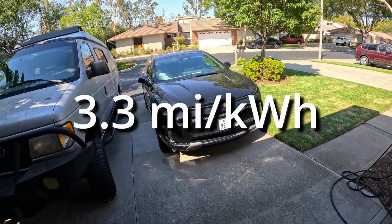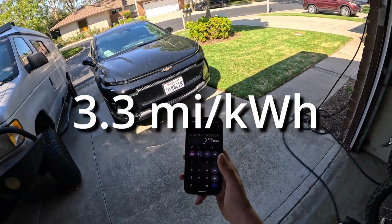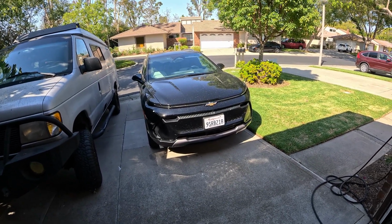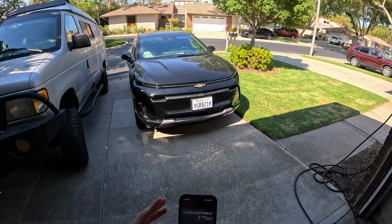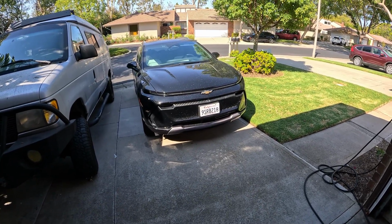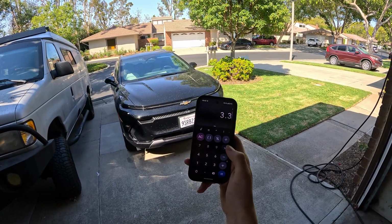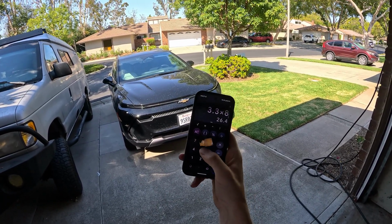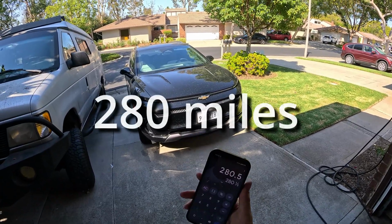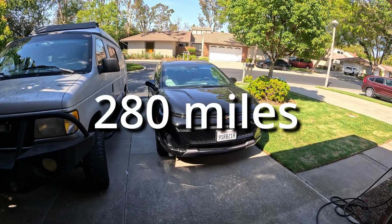So a little bit more optimistic than the vehicle's readout, but theoretically speaking, if we're figuring about a 90% charging efficiency, maybe the charger is a little bit more efficient and the car took a little bit more charge. But I think somewhere 3.2 to 3.3 miles per kilowatt hour is a great figure here for the Equinox EV. So we take that 3.3 miles per kilowatt hour and multiply it by the 85 kilowatt hour battery pack. We're looking at just a hair over 280 miles of highway, 70 mile per hour steady state driving range